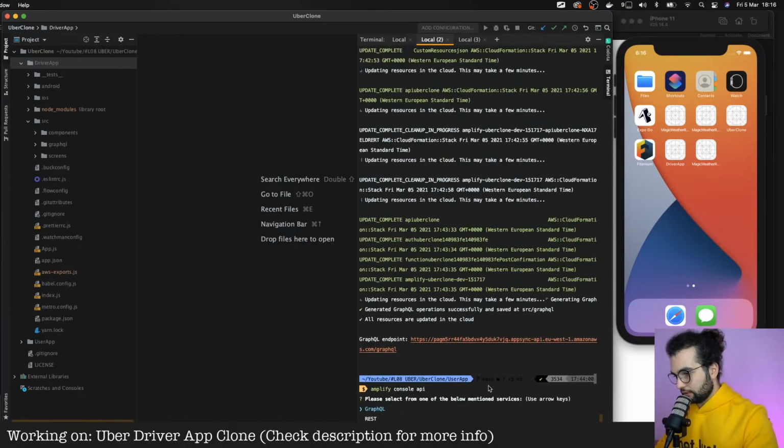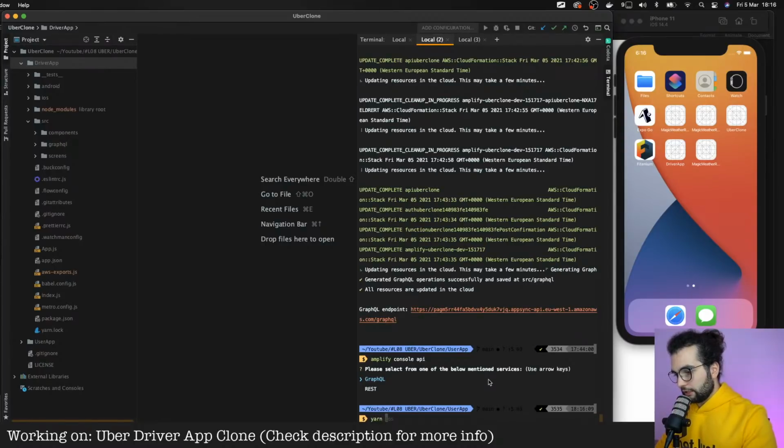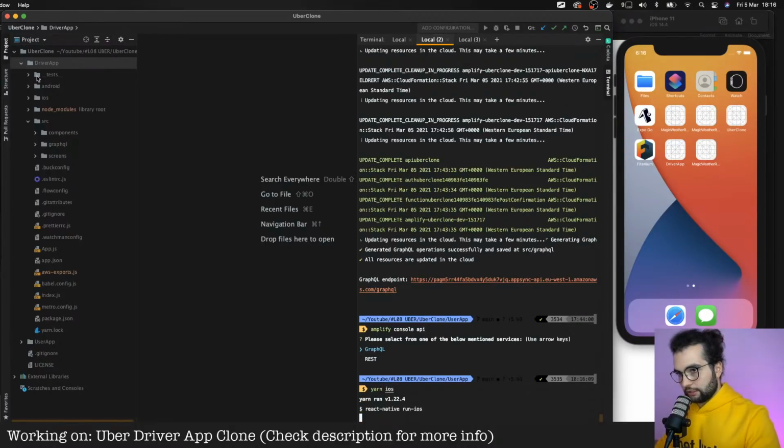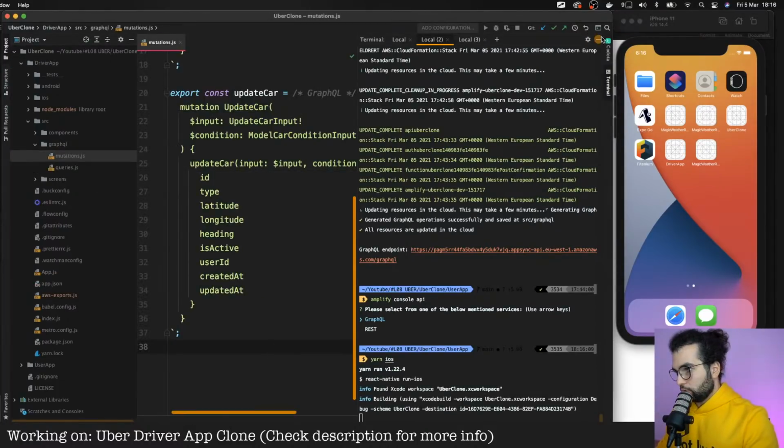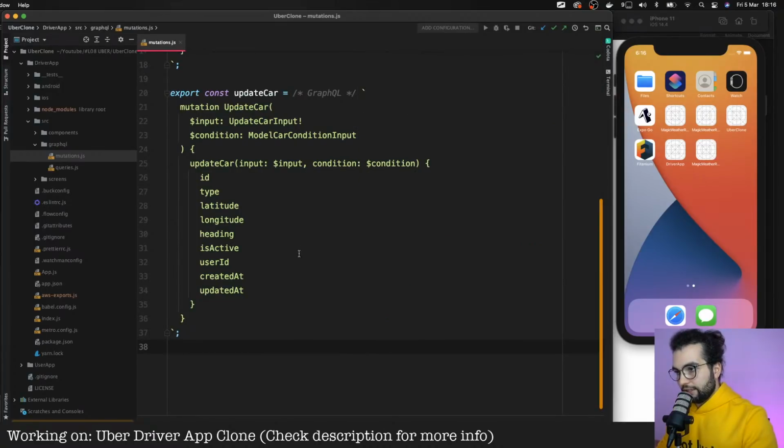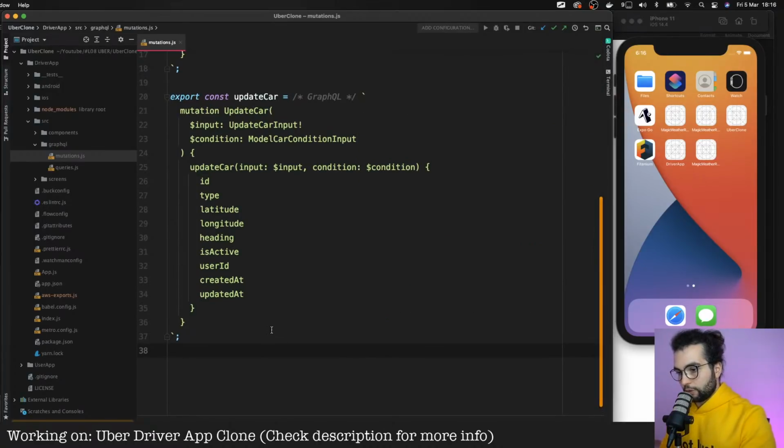And yarn iOS. Let's run it on iOS. What do we need to do? We need in GraphQL a new mutation to update the order, because we did not do that. We did not update the order.